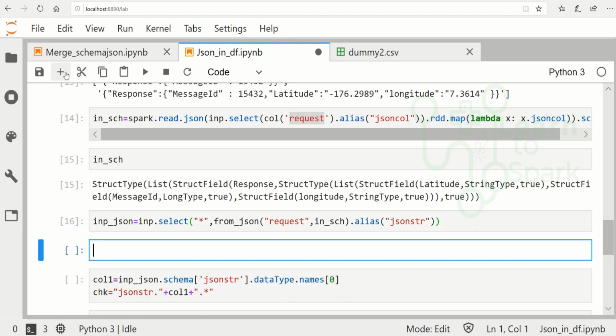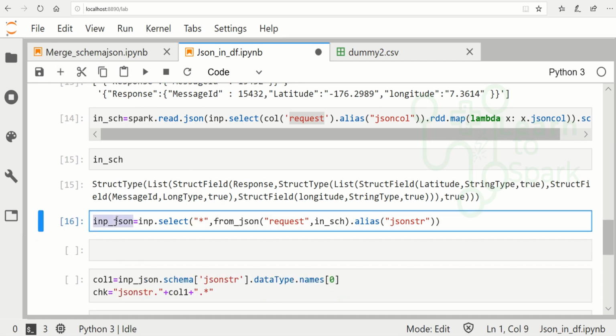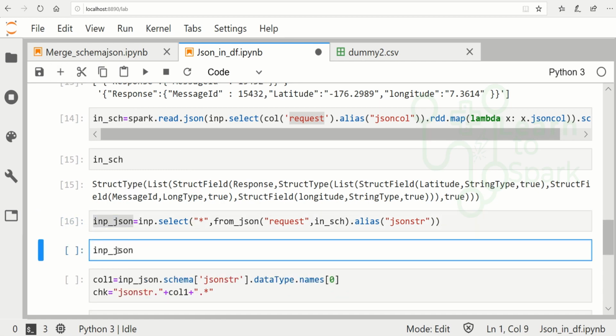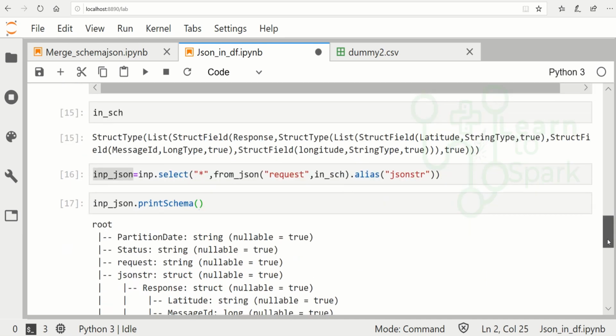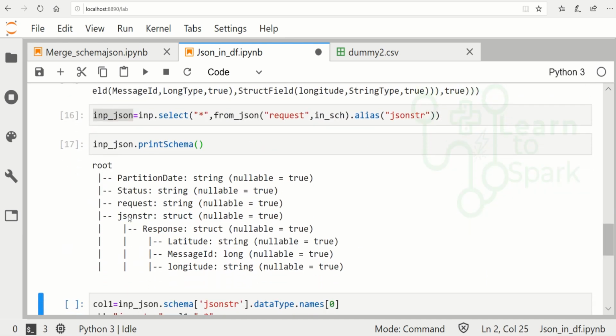Let me show you the schema of this input JSON. You can find we have a json_str which is of type struct. Inside that again we have a response of struct.